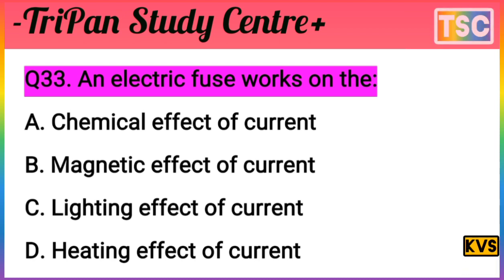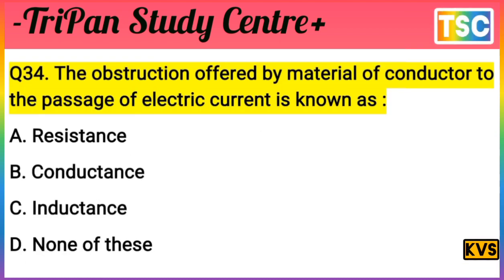The electrical fuse works on the heating effect of current. The fuse heats up and then it breaks down. It means the heating effect of current. That's why option D is correct. The heating effect of current is the principle on which the electrical fuse works. Next question on your screen. The obstruction